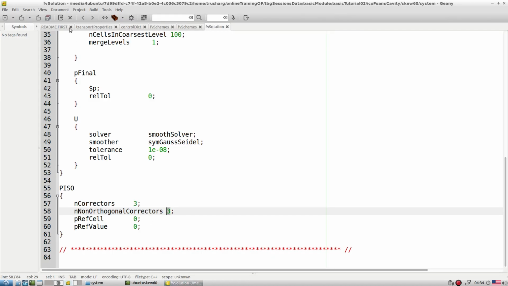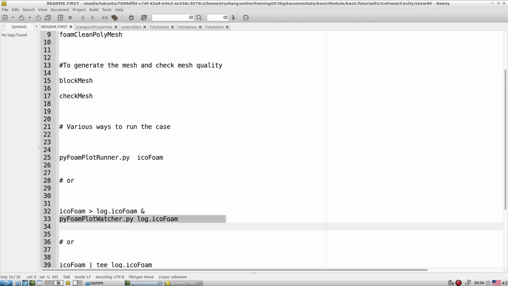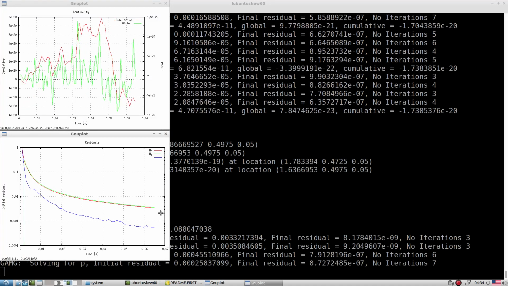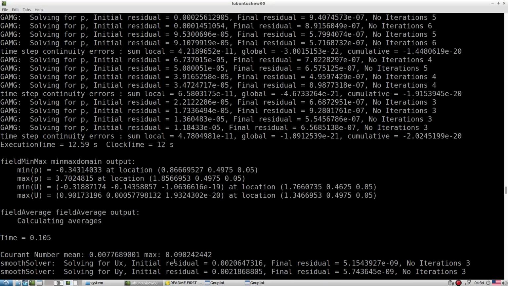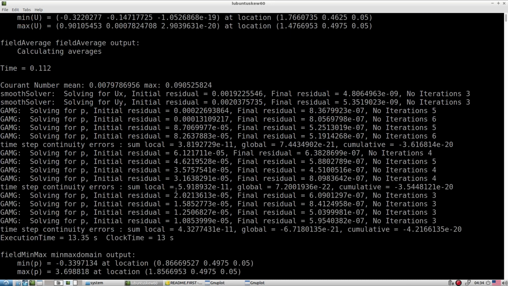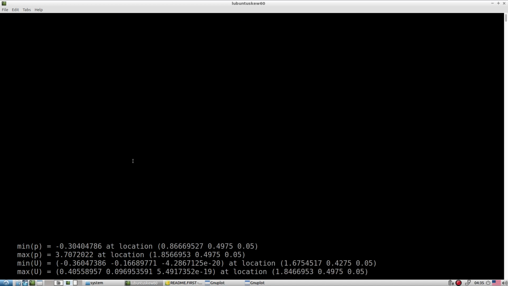Check the residuals and how they look. It seems it's working fine. If you see the Courant number, it's also a pretty small value. So it is not always delta t that is the culprit for the Courant number. We have to think in multiple directions, like schemes and orthogonal corrections. Sometimes we unnecessarily reduce the delta t and load the solver. So always don't think that if the Courant number is shooting up, we have to change the delta t. No, that is not the right way.